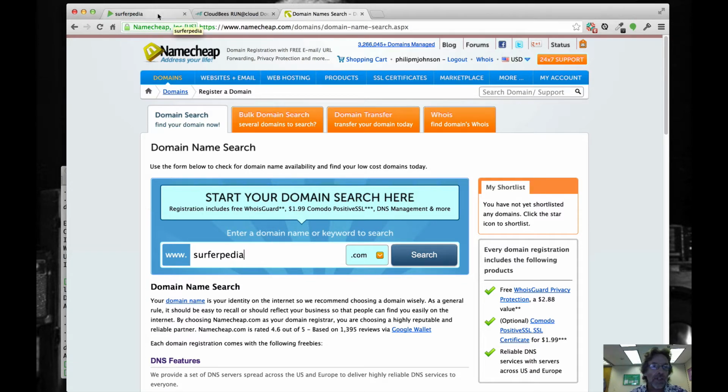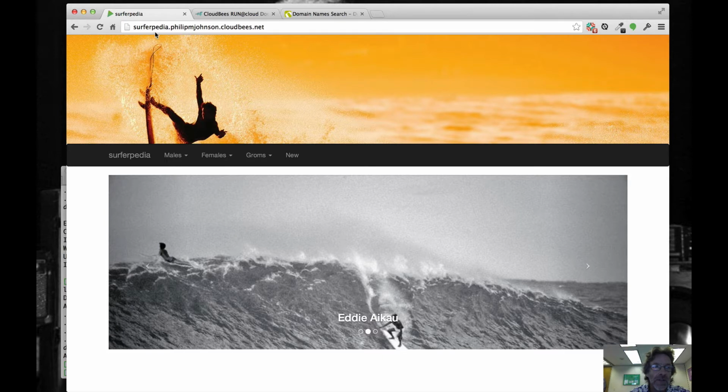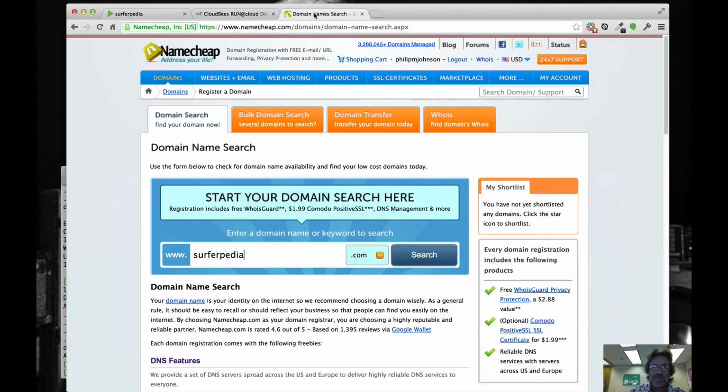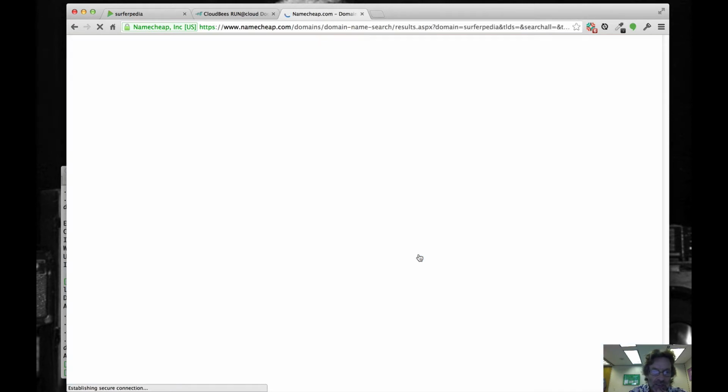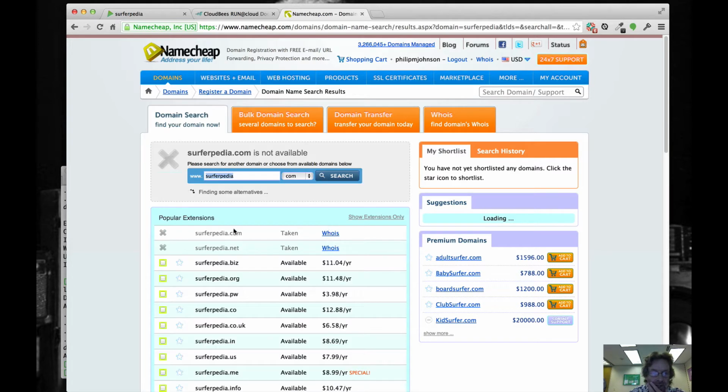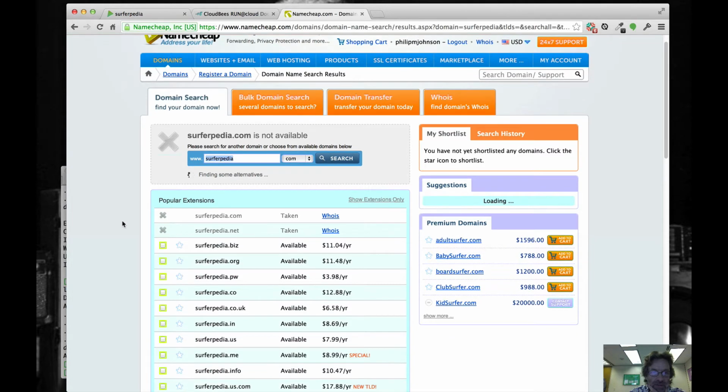And before we go there, so we've got our Surferpedia instance. You can see it's running at cloudbees.net, and our goal is to provide a nicer URL for it. So let's start by actually going to Namecheap and doing a search and seeing if we can get Surferpedia dot something or another. And so after a little bit of searching, we find that there's a whole bunch of different